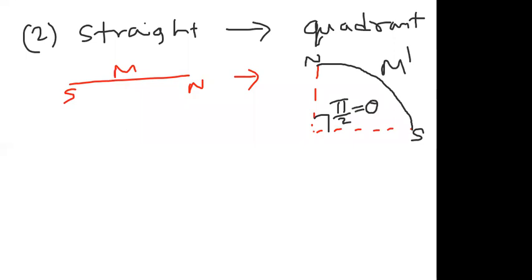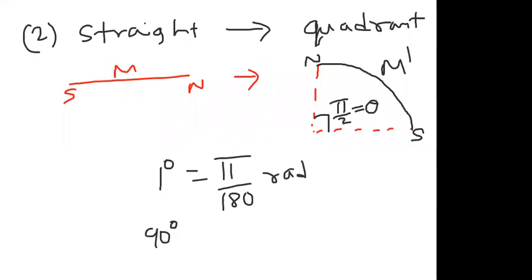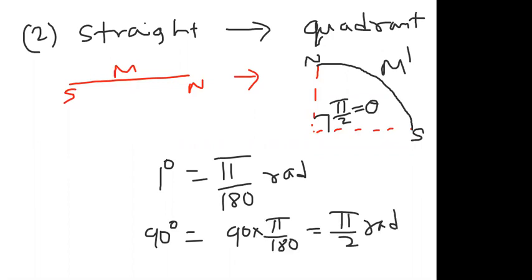Quadrant means the angle subtended at the center of the arc is 90 degrees; then we call it a quadrant. So theta is pi by 2. Don't take degrees; it is pi by 2 radian. If degrees is given, you have to convert to radians. I already informed you, 1 degree equals pi by 180 radian. So 90 degrees means 90 into pi by 180, that is nothing but pi by 2 radian.